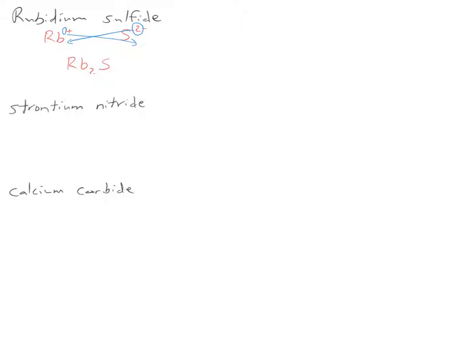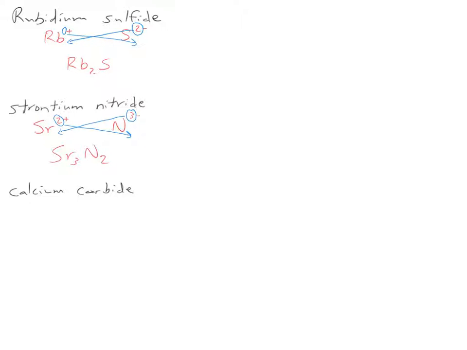Now, strontium nitride. Again, we approach this the same way. Strontium, element Sr, is a metal. Nitride, element N, is a nonmetal. Therefore, this again is ionic. Strontium, because it's ionic and is in column 2, the alkaline earth metals, has a charge of 2+. Nitride, the nonmetal, in its column, when it's an ion, has a charge of 3-. And therefore, we cross the charges again, the 2 and the 3, to determine our subscripts. And so we get the final formula,